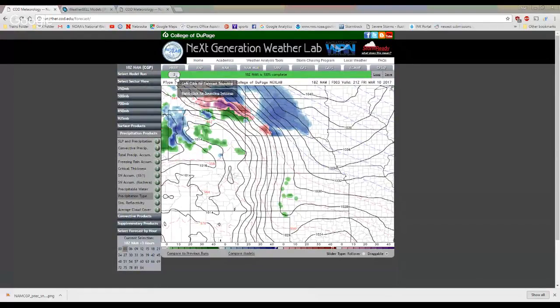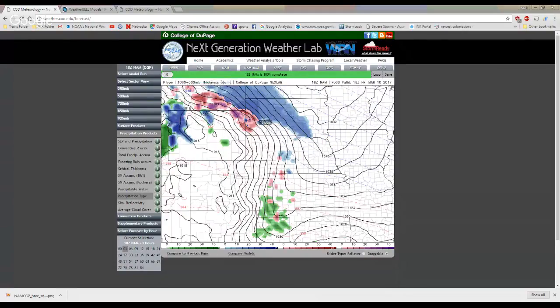This is the 18Z NAM model, which means this is the one that came out at 12 p.m. today. So here it is at, excuse me, not 0Z, 18Z. Here is what it said it was at 12 p.m. But what it says it is at 12 p.m. is not necessarily what it is at 12 p.m. So this is kind of wrong.